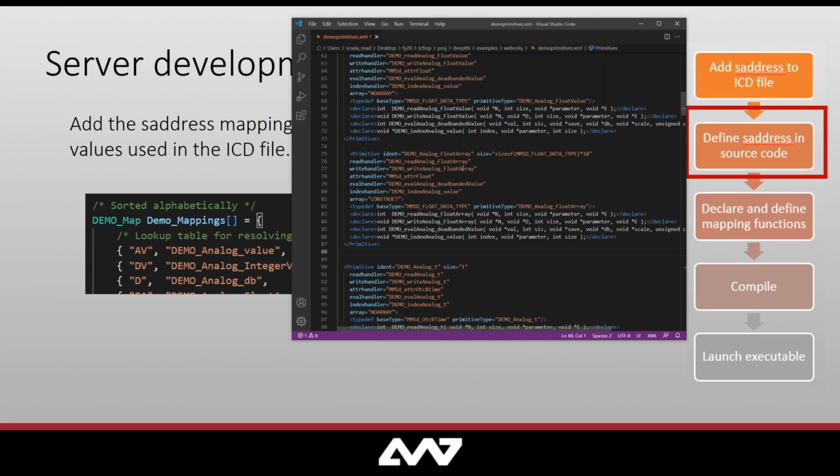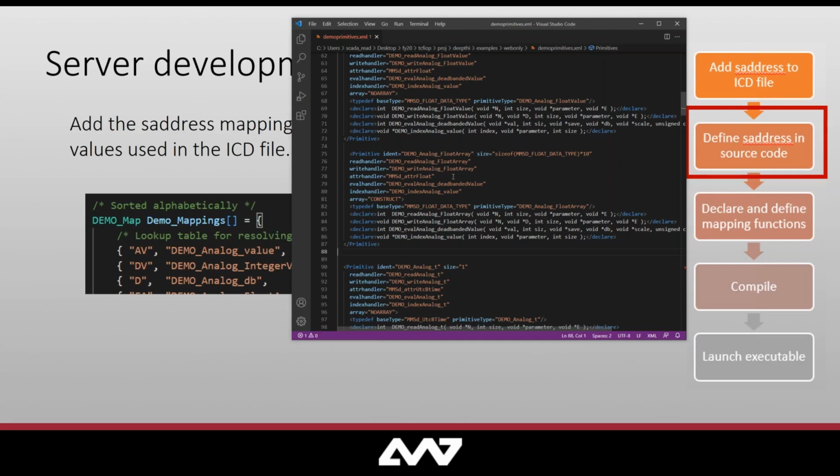You need to define 5 different handlers for any new data type that you declare. The first one would be the read handler, which gets triggered every time a read instruction is done on the particular parameter. And then there is the write handler, which handles any write instructions that the parameter receives.